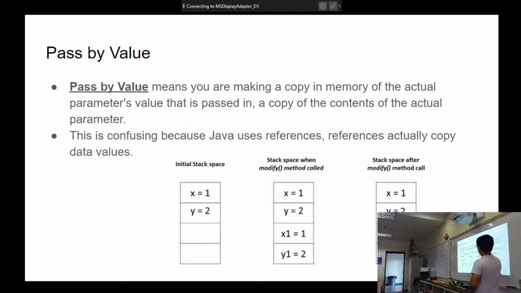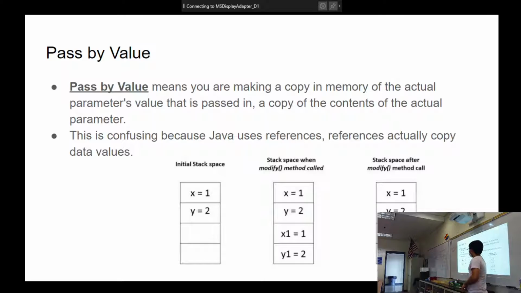The way this works in memory is that x and y are still there, but we copy and pass the value in to x1 and y1. So we copy this value and we copy this value. But they have two new memory slots in memory. And if we change x1 and y1, x and y don't change. This is why rectangle would be the same way.